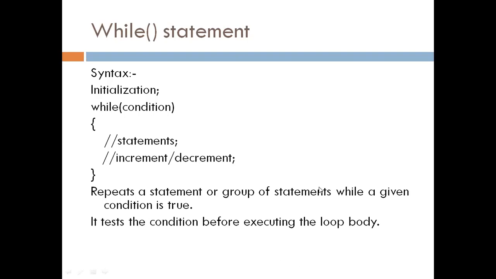In a for loop we use three statements: initialization, then condition, then the increment or decrement statement. In a while loop, before the while keyword we perform initialization. In the while we pass the condition here. If this condition is true, it executes this block, and then at the end we perform this increment or decrement. This while loop is used for executing the same block of code, the statements of code, many times.